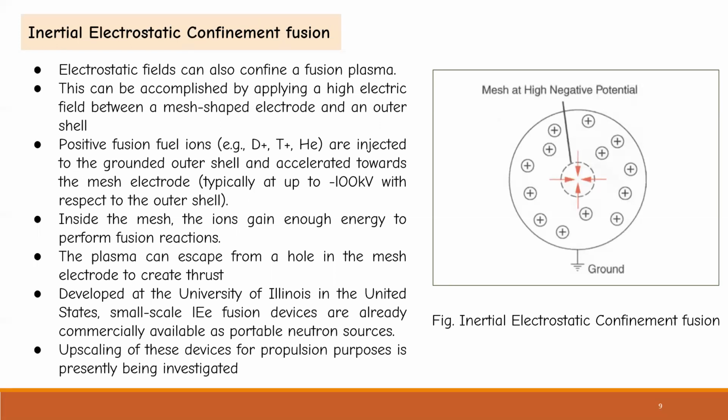Now, inertial electrostatic confinement fusion. It is shown in the figure. Electrostatic fields can also confine a fusion plasma. This can be accomplished by applying a high electric field between a mesh-shaped electrode and an outer shell. Positive fusion fuel ions are injected at the grounded outer shell and accelerated towards the mesh electrode, typically at up to minus 100 kilovolts with respect to the outer shell. Inside the mesh, the ions gain enough energy to perform fusion reactions. The plasma can escape through a hole in the mesh electrode to create thrust,